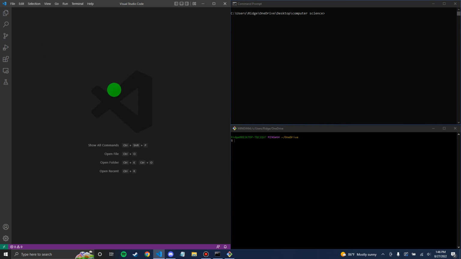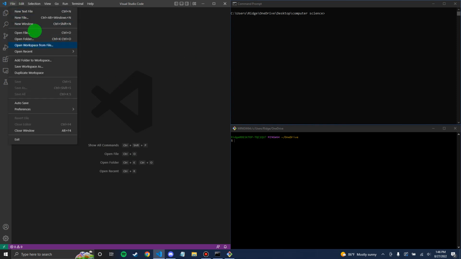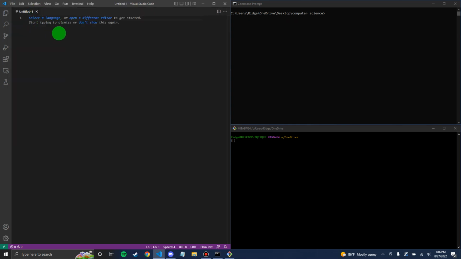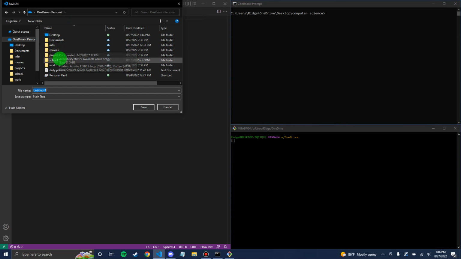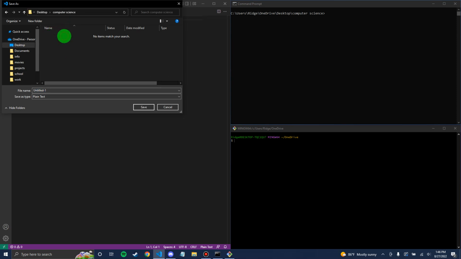Once you have it open, it might look something like this or might not, but you want to go up here to File and go to New File or New Text File. Just click New Text File, and then immediately go back up to File and go to Save As. I'm going to save it in that computer science directory I just made. So I'm going to go to Desktop and then Computer Science. Now I'm inside this folder, and I want to change the name of it to my GMU ID, underscore, my lab section,